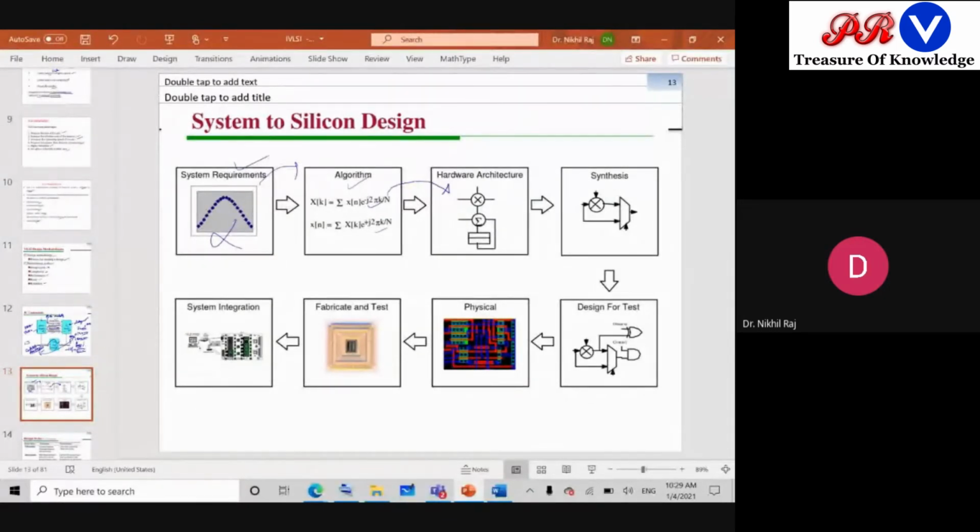Hardware architecture means once we dissolve any requirement into mathematical form, it will be dissolved into multiplication, division, or some other mathematical operations. And for each mathematical operation, we know how to transform the mathematics into a circuit. Like multiplication, what we can do, join the two wires, wired logics are there. So those concepts are used to develop the hardware architecture.